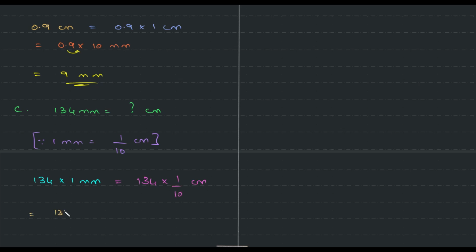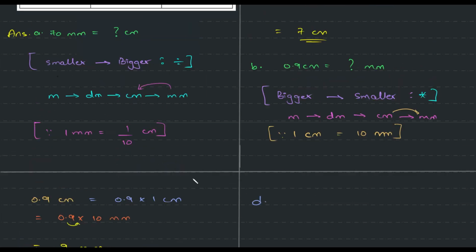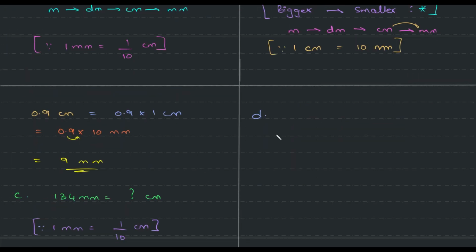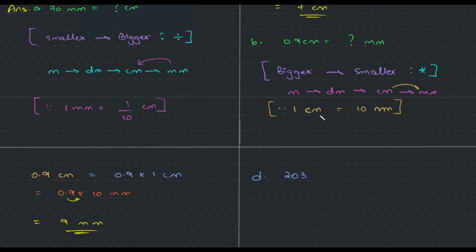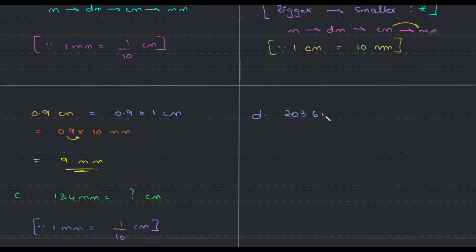And we know what happens to decimal point when we have it in the denominator. So the number of zero is 1 zero, and basically we have one decimal place that we need to shift to the left. So basically it's that, so many centimeter. Decimal point was over here and we shifted that. Finally, we have 203.6 centimeter